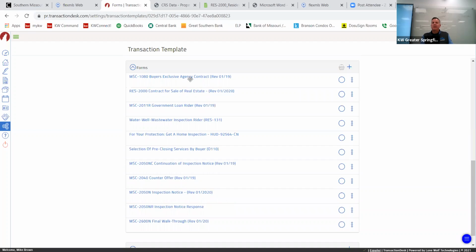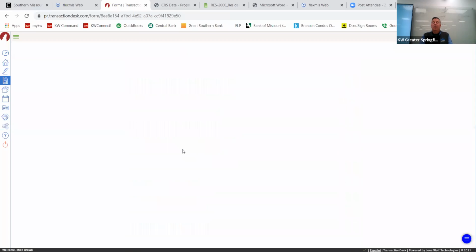So it automatically has buyer's agency contract, the contract. I don't need the government loan rider on everybody, but I'd rather have it and just delete it or ignore it. Same on wastewater. I do have to have, well, this is not a compliance thing, but sometimes VA wants this form saying get a home inspection. Selection of pre-closing services. This is something I use that Keller Williams doesn't require, but I love it